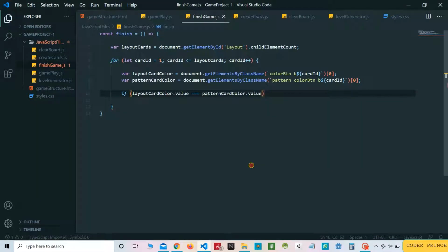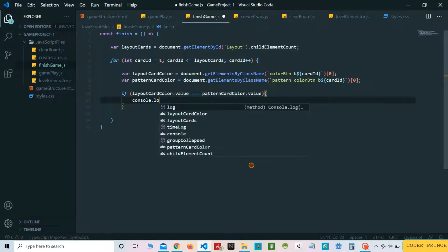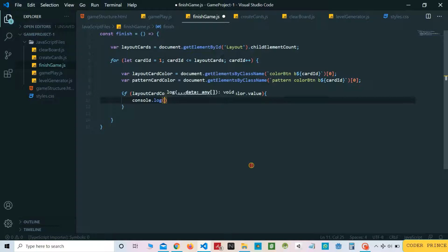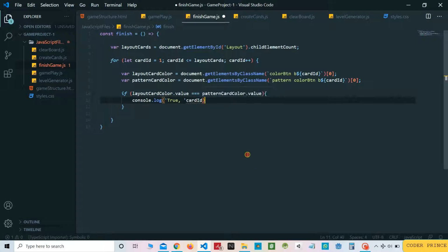then we will just log some text to the console. Write console.log, this will output true with the card id. And in the else part, let's output false.